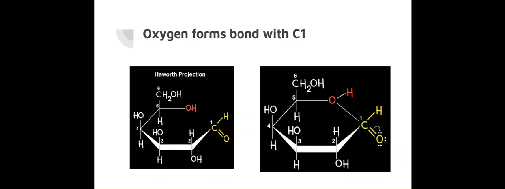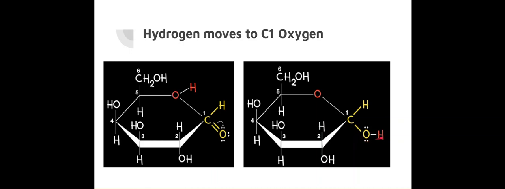And the oxygen forms a bond with this number 1 carbon on the aldehyde group. And so you get this bond forming over here with this. But now you've got 1, 2, 3, 4, 5 bonds on this carbon. So this bond has to break in order to do that. And then you end up with this becoming an alcohol instead of a carbonyl group. So that's the step process in it.